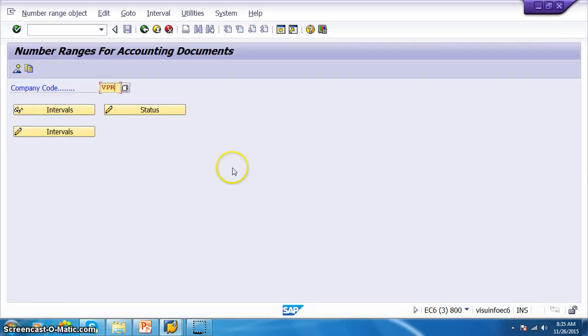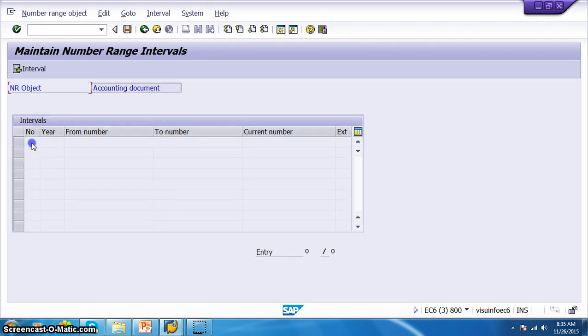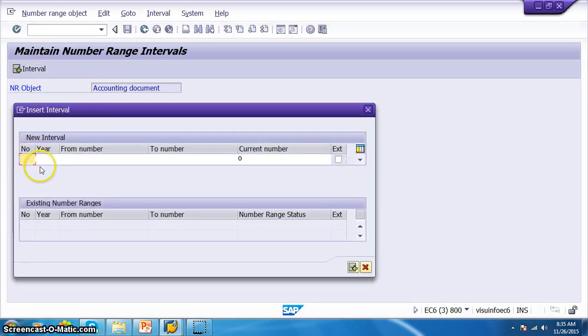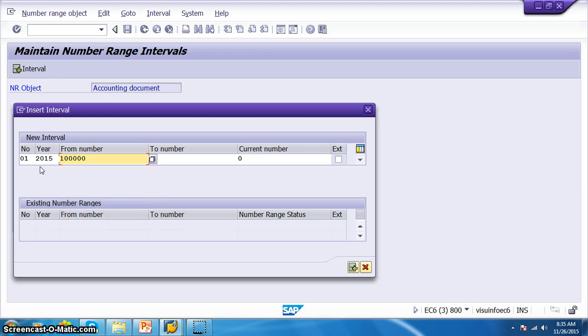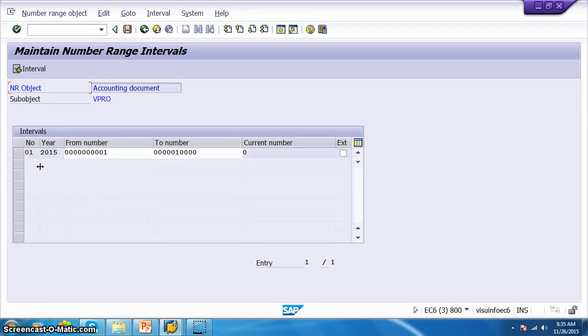So we'll have this VPRO, and just click on intervals, and in these intervals we are assigning a couple of intervals, like we are adding one interval 01 and 2015. And then, okay, I'll take it as 1 to 10,000, and then save it.